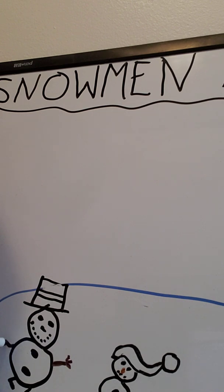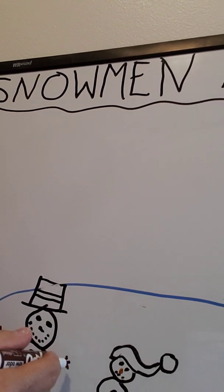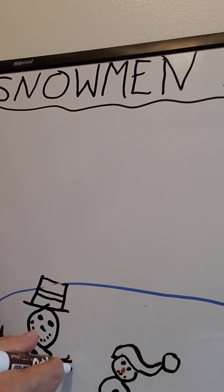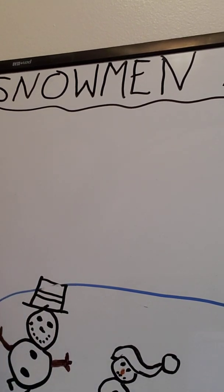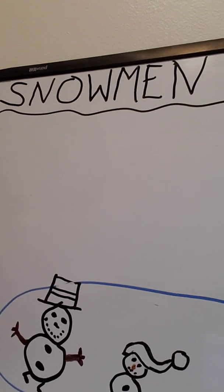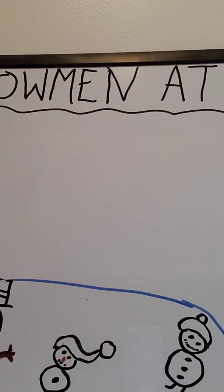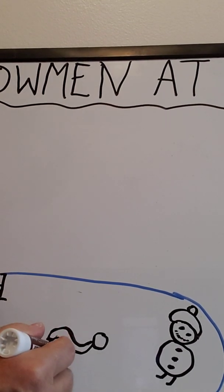And this arm's going to be like this. Okay? And just do your best. Forget the rest. Sometimes, the sticks might be a different size because in real life, you're not going to find two of the same sticks. So there's he. Okay, now the little boy or girl, whatever it is, little person, he's going to have his